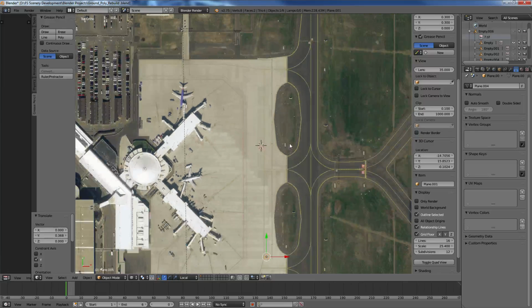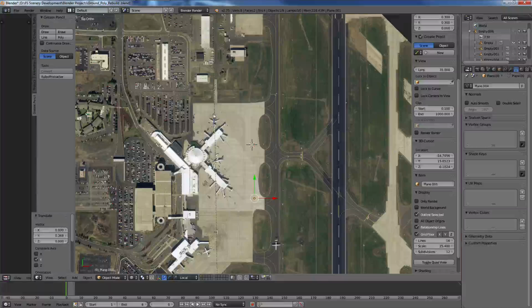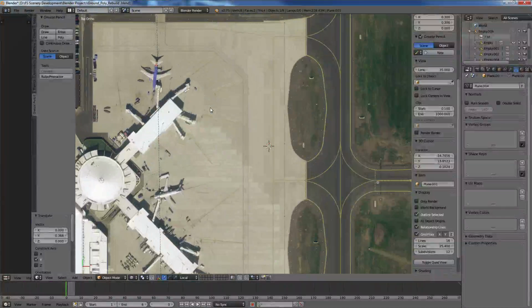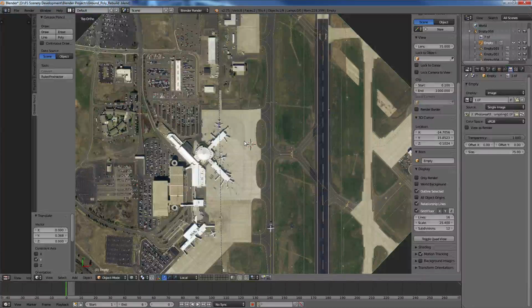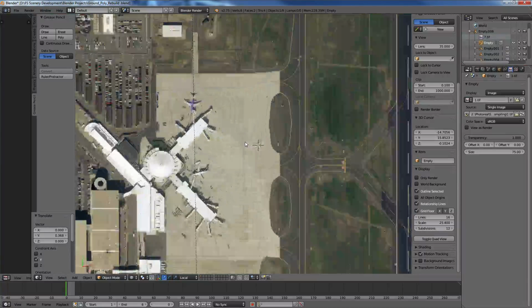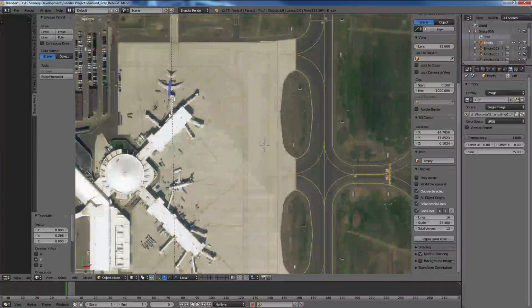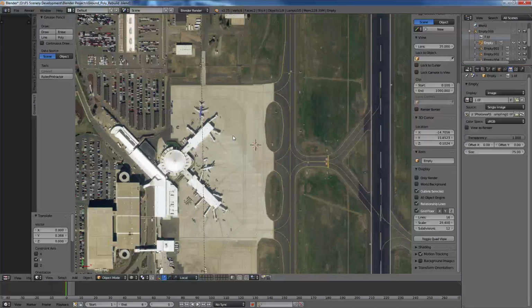Unless the only other option was to make one texture that kind of covered this whole area right here. I'm not sure if I like the idea of that. Maybe I will try it though before I try and map all these pieces out, just in case that worked better. So let's try and